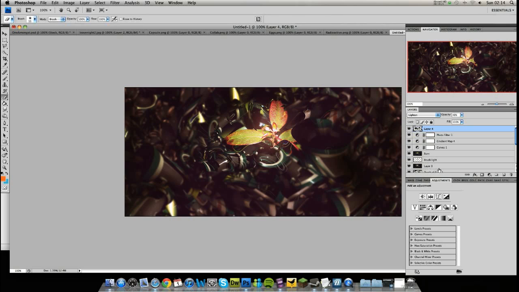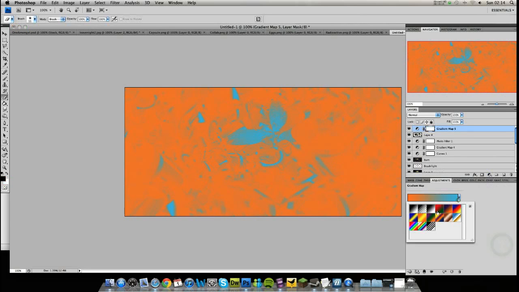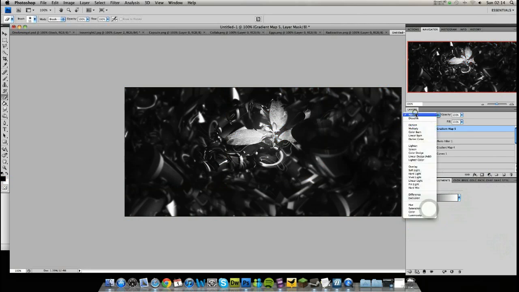That is just about everything. I think after that I will add one of my favourite gradient map styles, just by adding black to white and shoving it on luminosity, like so. And then after that, really, you are done. You can add some text if you'd like,